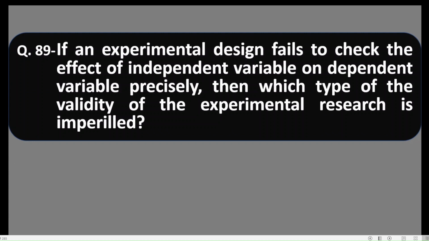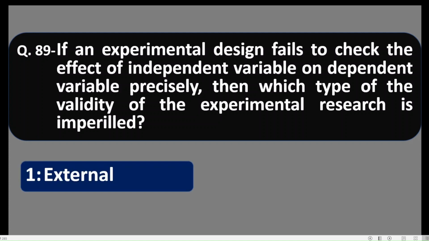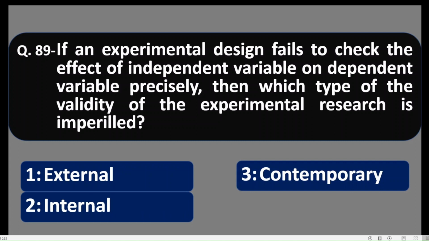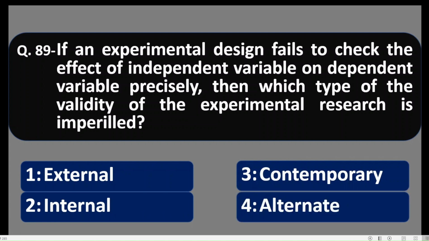Question number 89. If an experimental design fails to check the effect of independent variable on dependent variable precisely, then which type of the validity of the experimental research is imperiled? Let us see: external, internal, contemporary, and alternate. Friends,